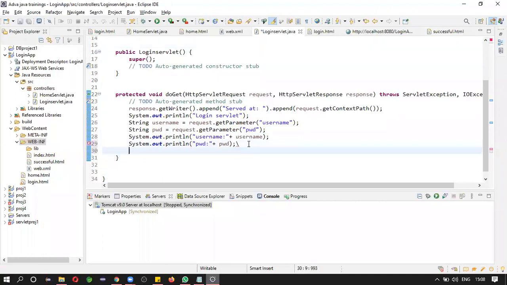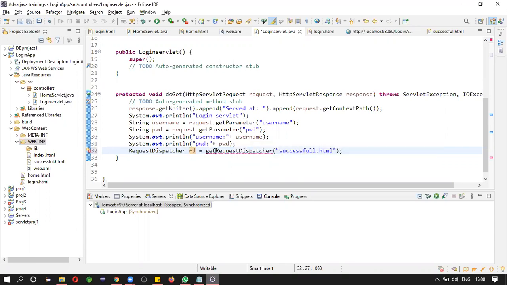Let's just create the dispatcher object. So get request dispatcher of successful.html, assigned to a variable, and import.